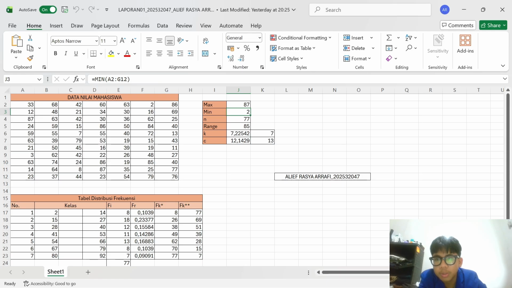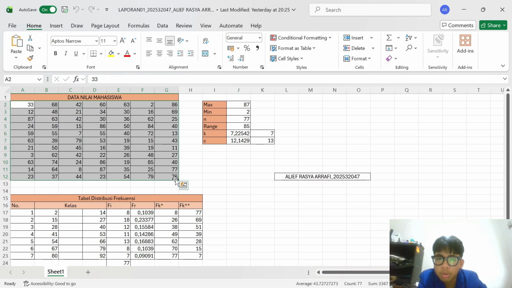Next is min, which is equal to MIN of all data, and enter. The result is 2. And then I use COUNT to confirm that there are 77 data points. Count all data block, enter.